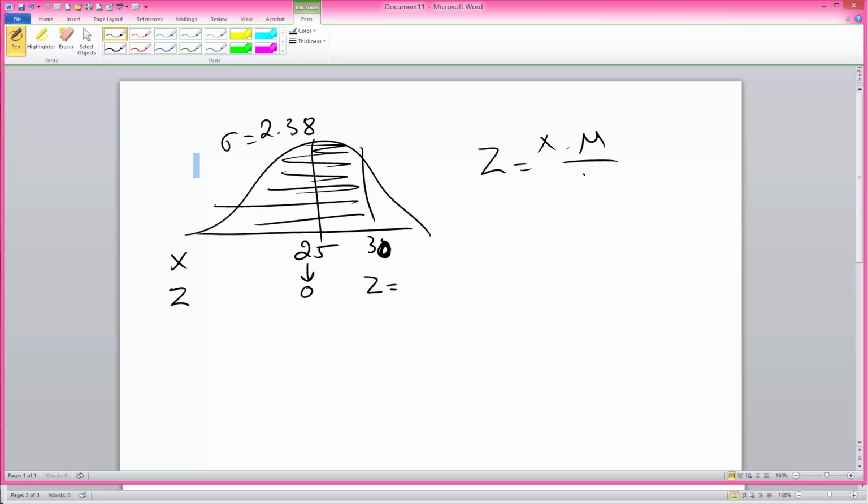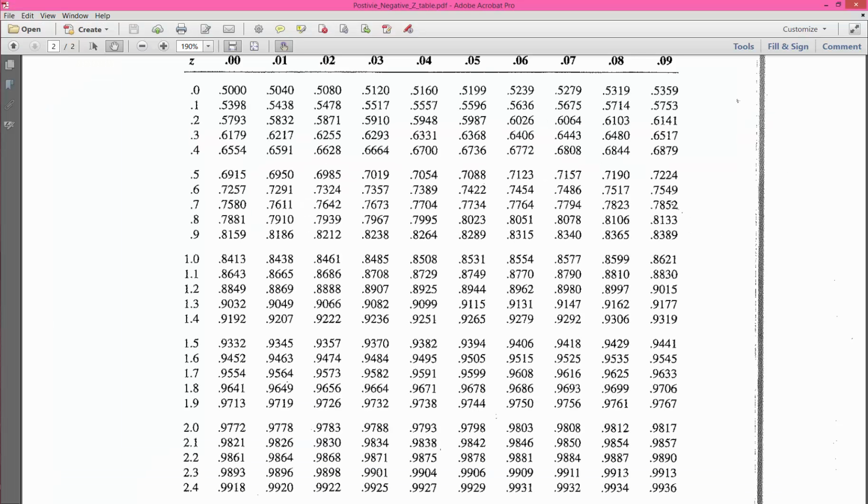X minus mu over sigma is what I will use. So 30 minus 25 divided by 2.38 gives me, I need to do that, so that's 5 divided by 2.38, which gives me 2.1. So the z value is 2.1 at this point. And what I need to do is use the standard normal table. I have one over here. You can see that when the z value is